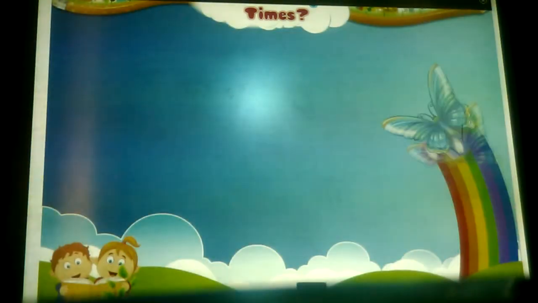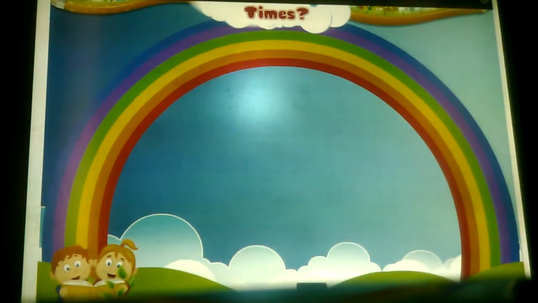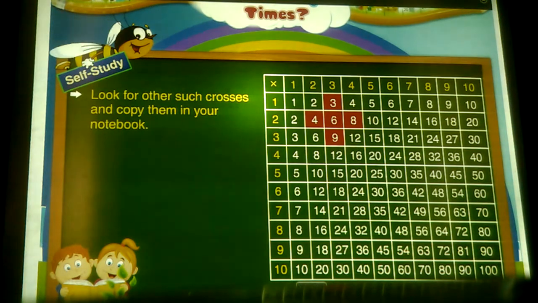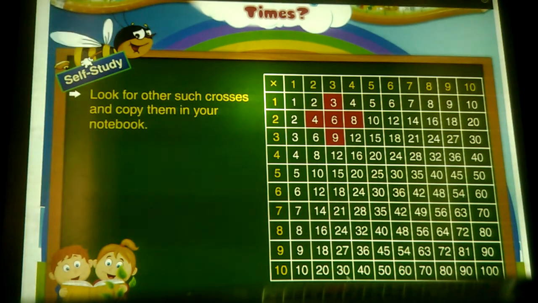Multiplication patterns. Self-study. Look for other such crosses and copy them in your notebook. In the table of